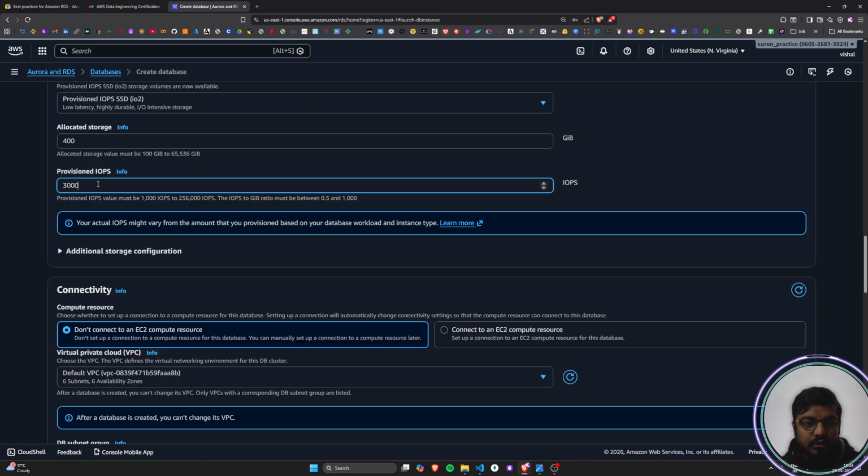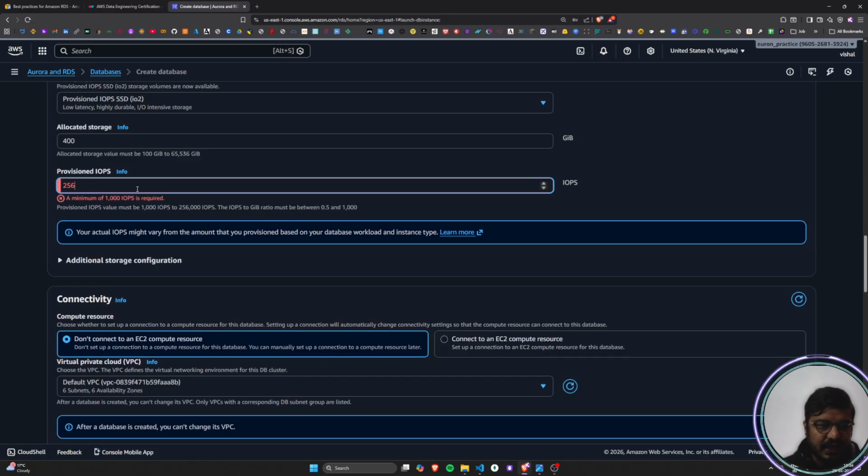Okay. So IOPS basically means read and write operations. So we can perform 3000 read and write operations in 1 single second if I am provisioning this IOPS. If I feel that my traffic is more, I can increase the IOPS limit between 1000 to 2,56,000 IOPS. But here, if I'm doing 2,56,000 IOPS,